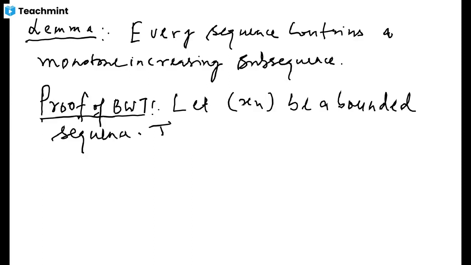Then this is a sequence, so let's apply a lemma to this sequence. This lemma says that this sequence will have a subsequence which is monotone. Then by the lemma, which I just stated above,